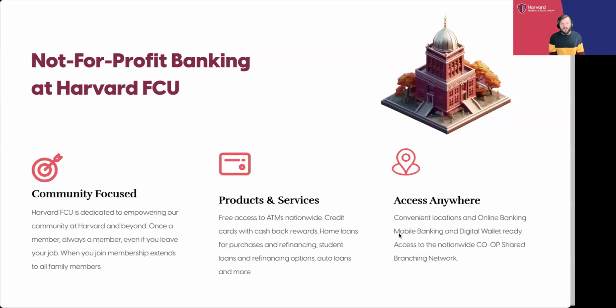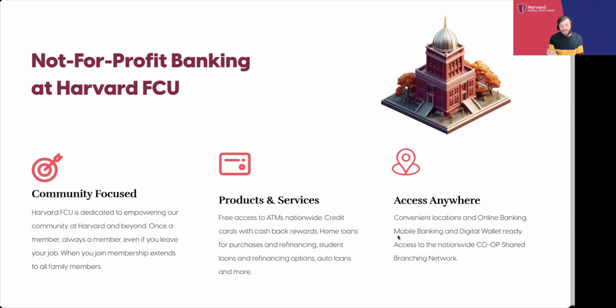One of the first frontline ways we do that, people always love to hear, is that if you have a debit card with us, we refund all ATM fees that are charged to you. Now, ATM fees almost always come from the ATM itself or the institution that owns the ATM. Like if you take out cash from a Bank of America ATM and you don't have an account with them, they will charge you a fee for using that ATM. We give you that money back. So even though we didn't charge you the fee, we give you that money back.